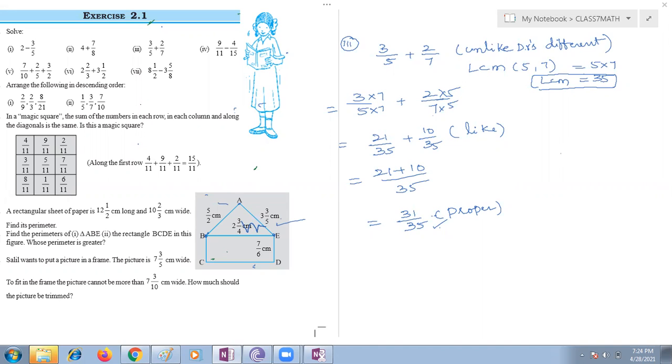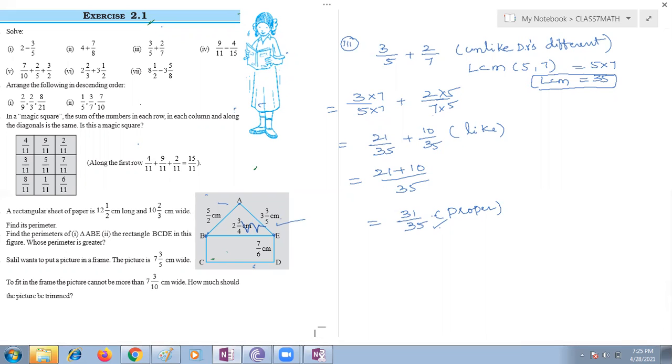I think Raghav, you are correct. Ma'am, is my fifth answer correct? Fifth one. Ma'am, actually, for my answer, it is 2 3 by 10, ma'am. 3 by 10. Okay, let me check, because only one student gave the correct answer, the rest are not. Where you are making the mistake, let me check now.